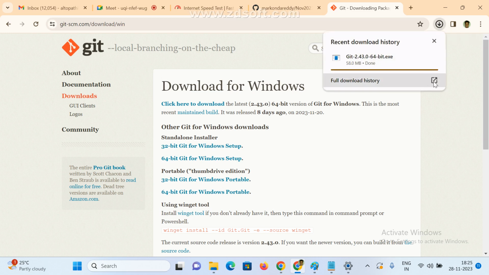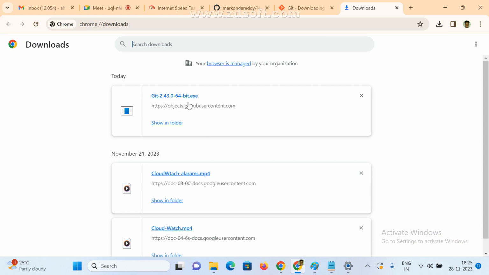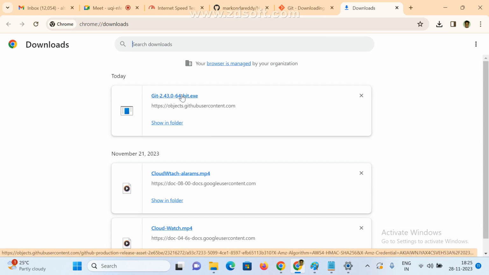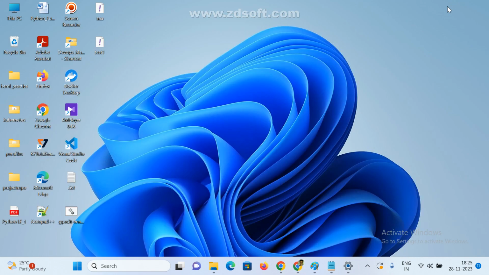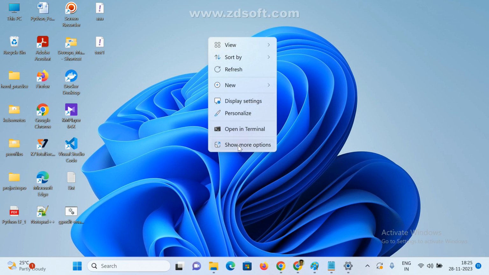Download is done. Open this file. See here, this is the file. It is just an exe file, right? Just click on that. Next, finish. Don't modify anything. Up to next only. It is already installed on my machine, so I'm not going to do it again. Blindly click next, finish. That's it. Don't modify anything, no need to change anything. Once you install this software, if you right click on the desktop or anywhere,